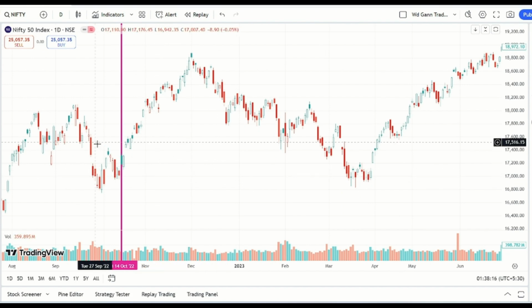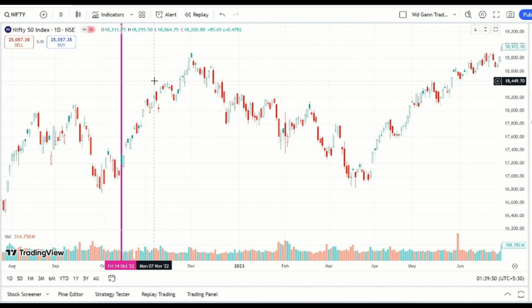What we can see here is that for the past 1 week, the market was in the bearish direction. But exactly from the date of 14th October 2022, it started a reversal movement in the bullish direction. It went from the 17,009 to the 18,449 level, which means it gave a reversal of almost 1500 points in the Nifty. So we can say that this strategy is working with very high accuracy for the reversal directions on the Nifty chart.